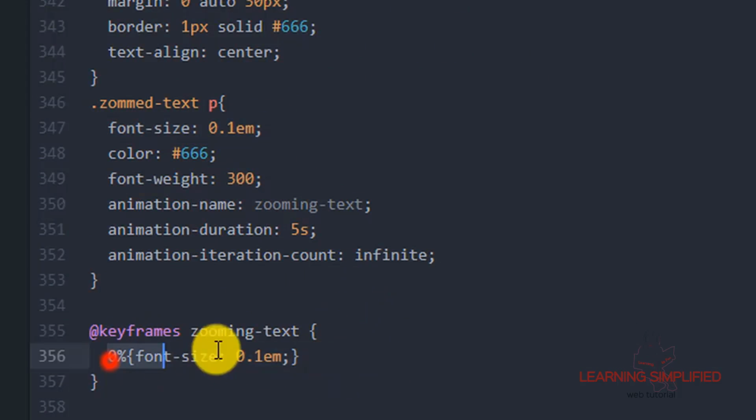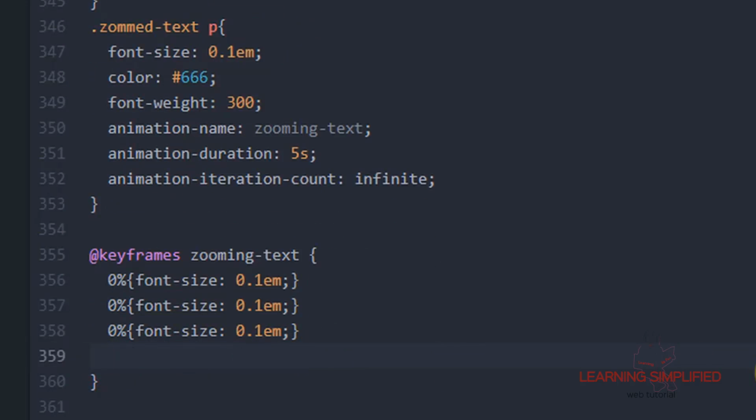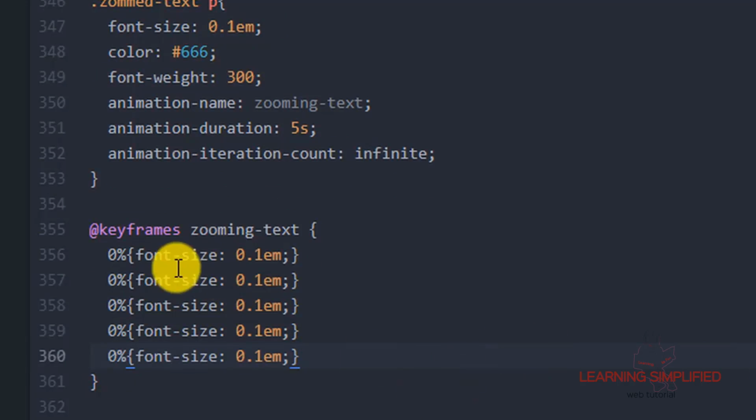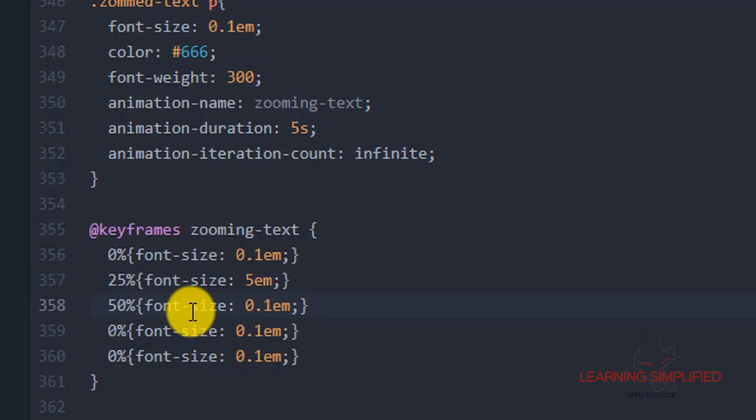In the second case, first of all copy this 4 more times. At 25% condition, font size will be, say, 5 em. At 50% condition, font size will be 6 em.